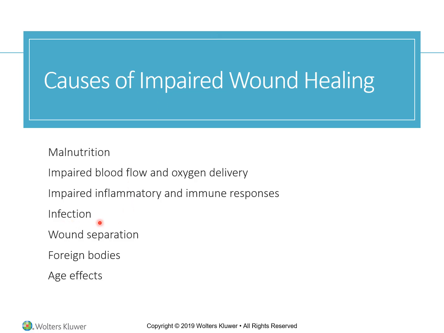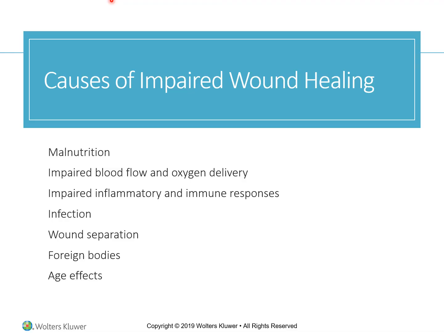If we get infection to the site of wound healing, that infection will prolong that inflammatory phase. And if we get prolonged inflammation, it will impair the formation of what we call granulation tissue, or kind of all that epithelialization or new epithelial tissue that we need to fill in that wound bed. If there's an infection there, that process slows way down. The proliferation of fibroblasts and the depositing of collagen fibers into the wound are also impaired if there's an infection present. So we do need to treat infection at a wound bed to be able to go through that healing process efficiently and effectively. Other things that can impair wound healing,